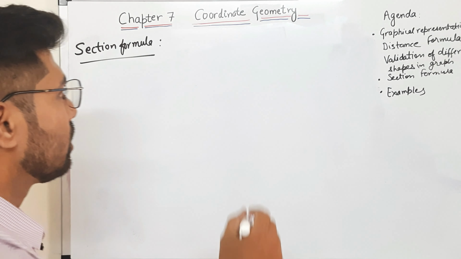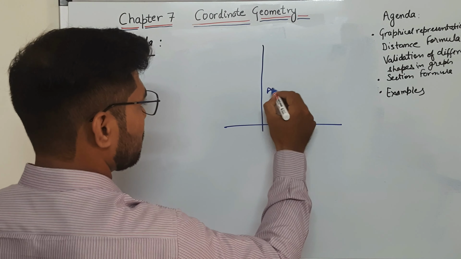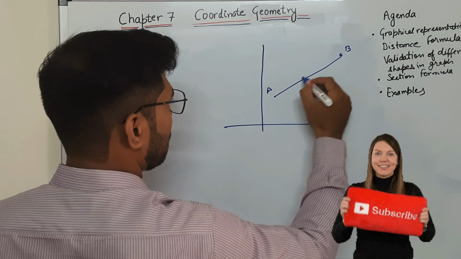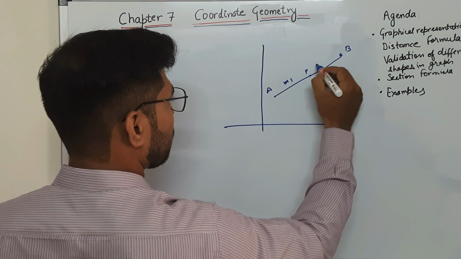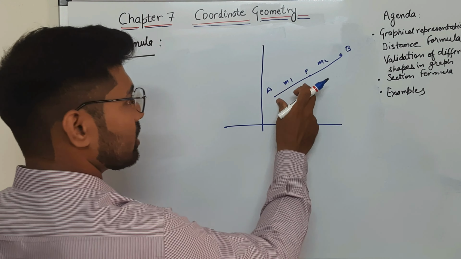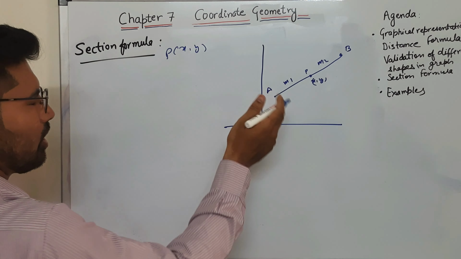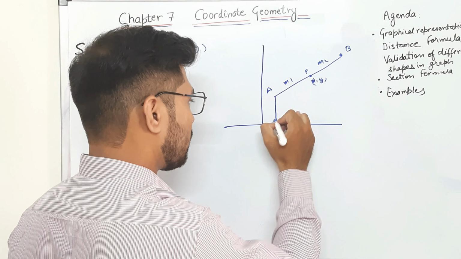Let's suppose this is a graph. There's a point A here and there's a point B here. If you join them, you will get some point P which divides this line in the ratio m1 and m2. This is m1 and this is m2. Then what are the coordinates? What is x comma y? We need to find x comma y. Now you can see how to calculate this. Now draw a perpendicular here.